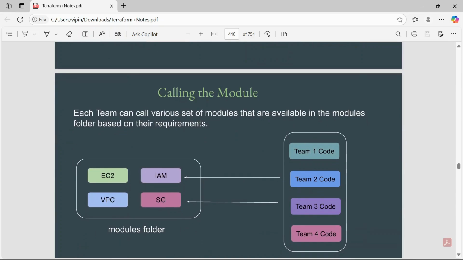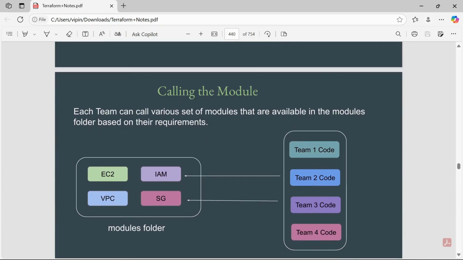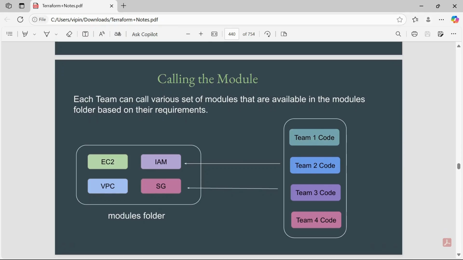After that we are going to call the module. Each team can call various sets of modules that are available in the module folder based on their requirements. Suppose we have EC2, IAM, VPC and security group modules inside the module folder.